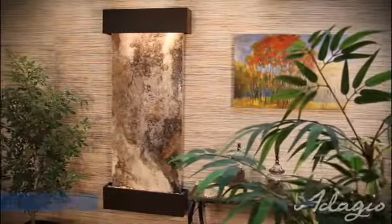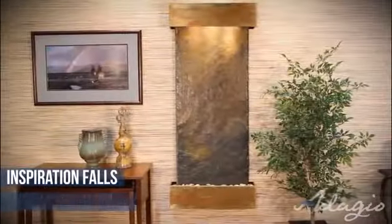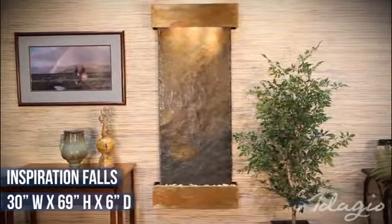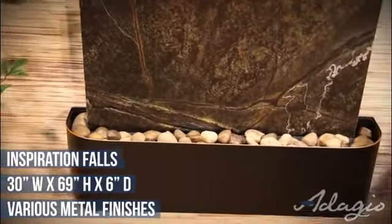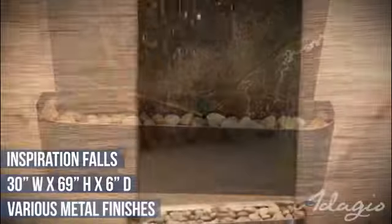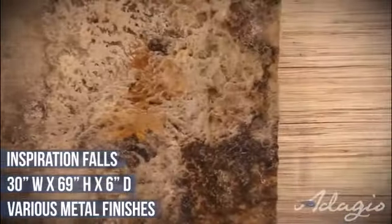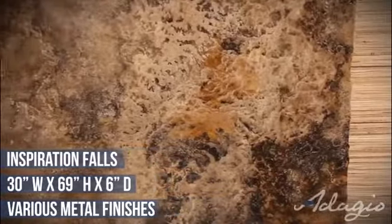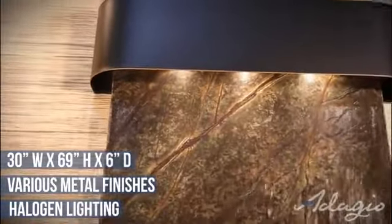This 6-foot-tall Inspiration Falls work of art personifies its name by inspiring all to relax and let their stress and burdens melt away. This water feature can match any home decor by selecting blackened copper, stainless steel, or rustic copper for your metal choice. It is also ideal for business settings as it reduces employee worries and infuses them with energy and creativity. The 3-bulb halogen lighting system illuminates the natural beauty of the stone, and the water glimmers in